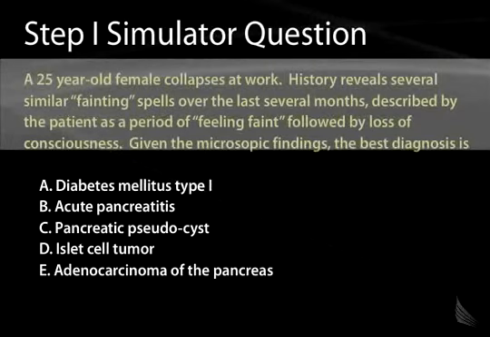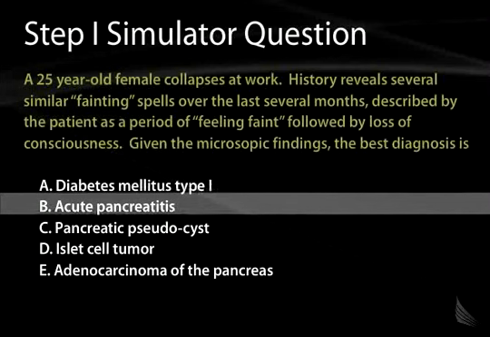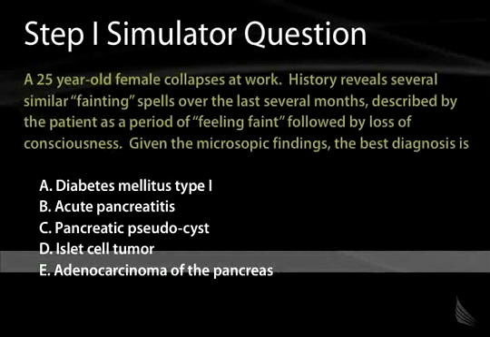A 25-year-old female collapses at work. History reveals similar fainting spells over the last several months, described by the patient as a period of feeling faint, followed by a loss of consciousness. Given the microscopic findings, the best diagnosis is diabetes type 1, acute pancreatitis, pancreatic pseudocyst, islet cell tumor, or adenocarcinoma of the pancreas. This case should point you towards islet cell tumor, as the fainting spells are most likely hypoglycemic spells from an insulinoma. This concludes the section on